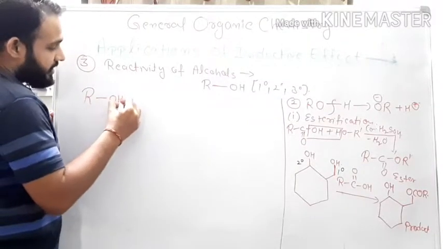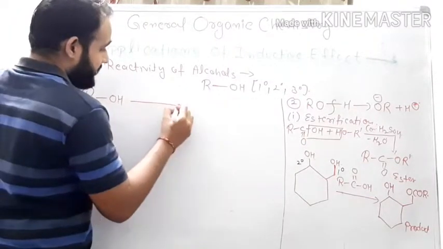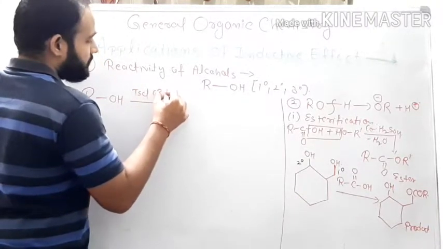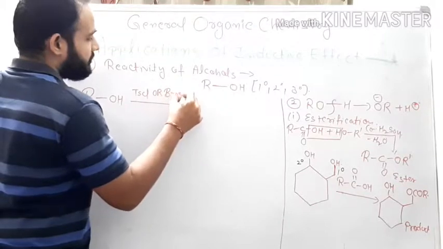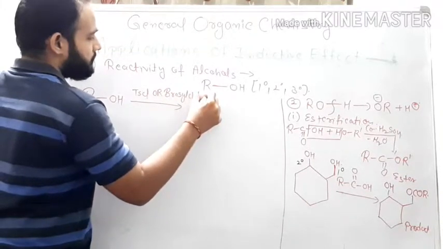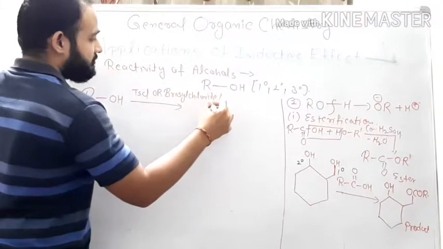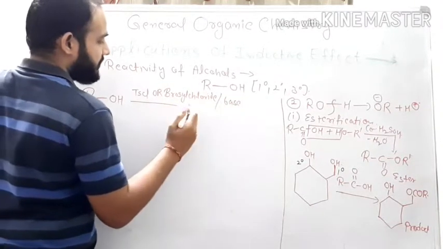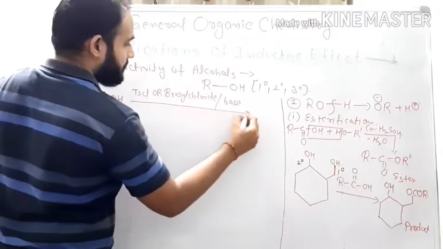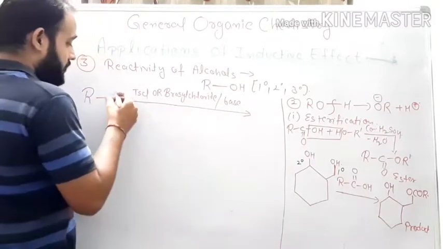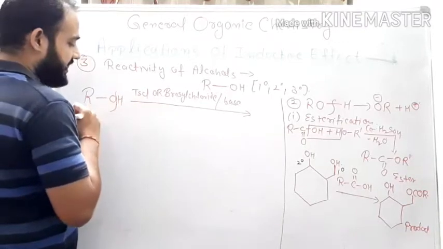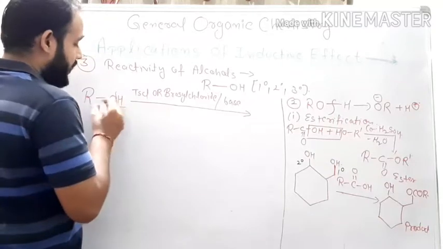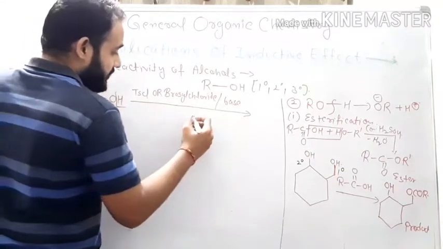See, when an alcohol reacts with tosyl chloride or brosyl chloride in the presence of base, this bond can be cleaved and the tosyl group can attach with this OR minus group, because see,